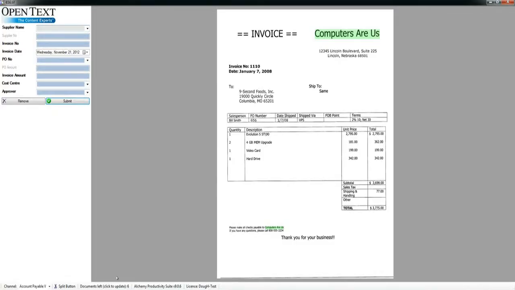The Productivity Suite client carries out a full-page optical character recognition on the invoice. The user knows which information they want to store against the invoice. On the left, they can see a list of profile fields that need indexing, so the invoice can be retrieved later, or data that can be used as criteria for folder routing later on. The user simply has to click the text on the electronic image once for the data to be stored in